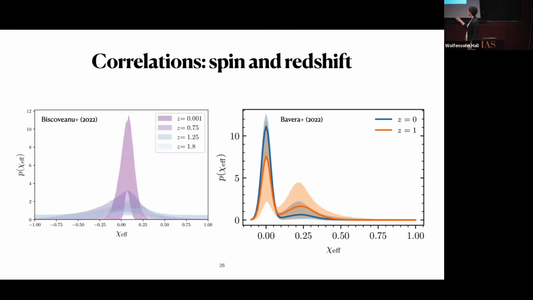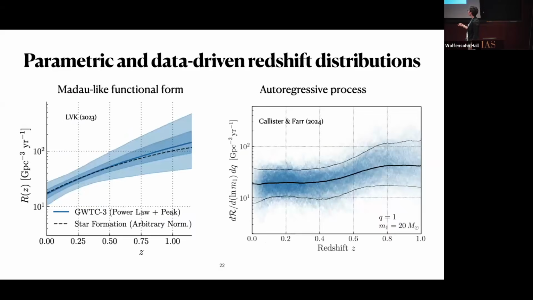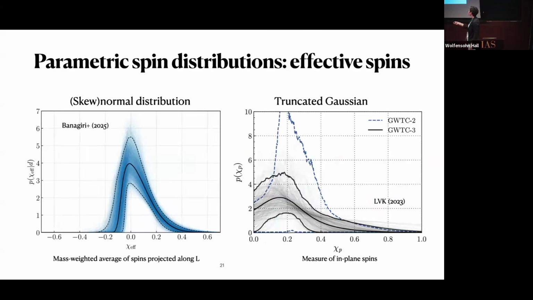The problem is, I think I showed this earlier plot from Sharon's paper. We think the chi-effective distribution looks something like this. It definitely has a longer tail to positive chi-effective. There is support at negative chi-effective, but it's really small negative values. So it's perfectly consistent with the negative tail just extending to like negative 0.05 or something.